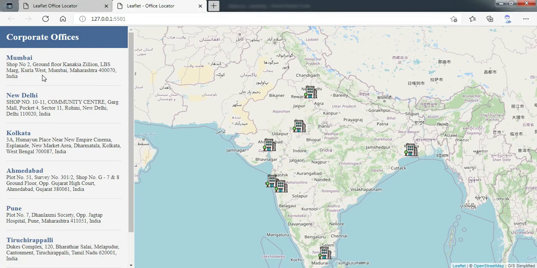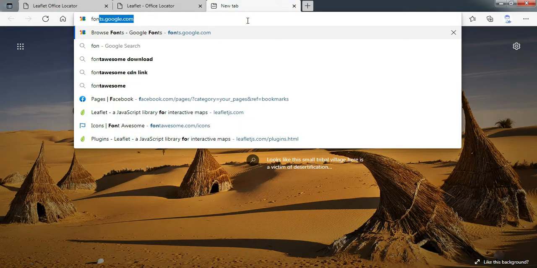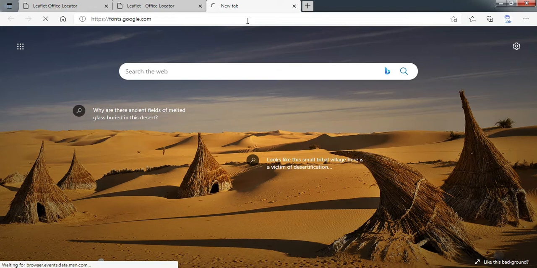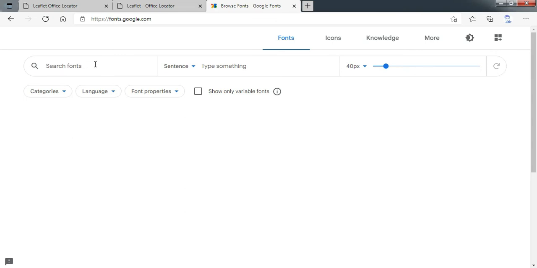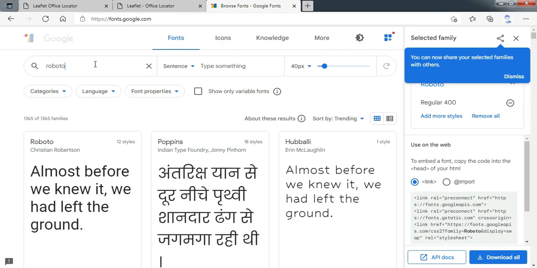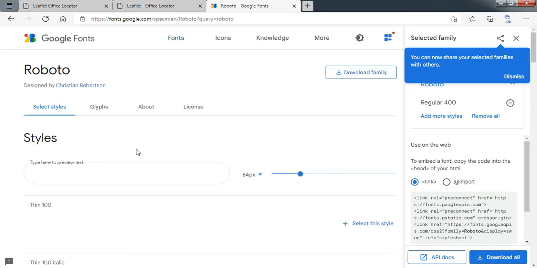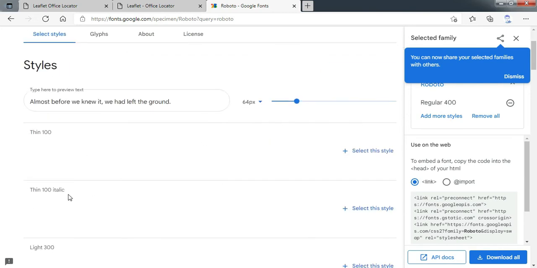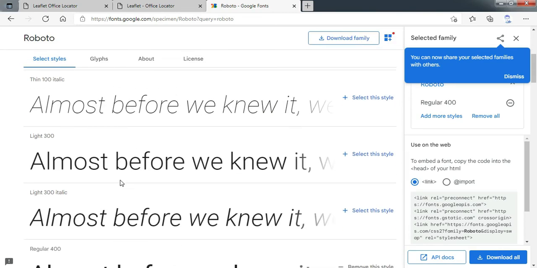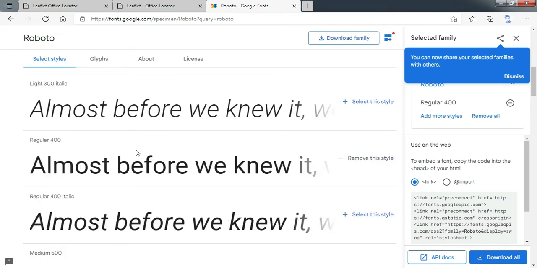But what I am not liking is these fonts. I am not liking these fonts. I want to use a Roboto font from Google. So what I will do is go to fonts.google.com, and here I will search for the Roboto font, and it will list down the Roboto font. I will click on that. Again, in Roboto there are various options: thin 100, thin 100 italic, but what I use is regular 400. So when I click on that, you can see over here,